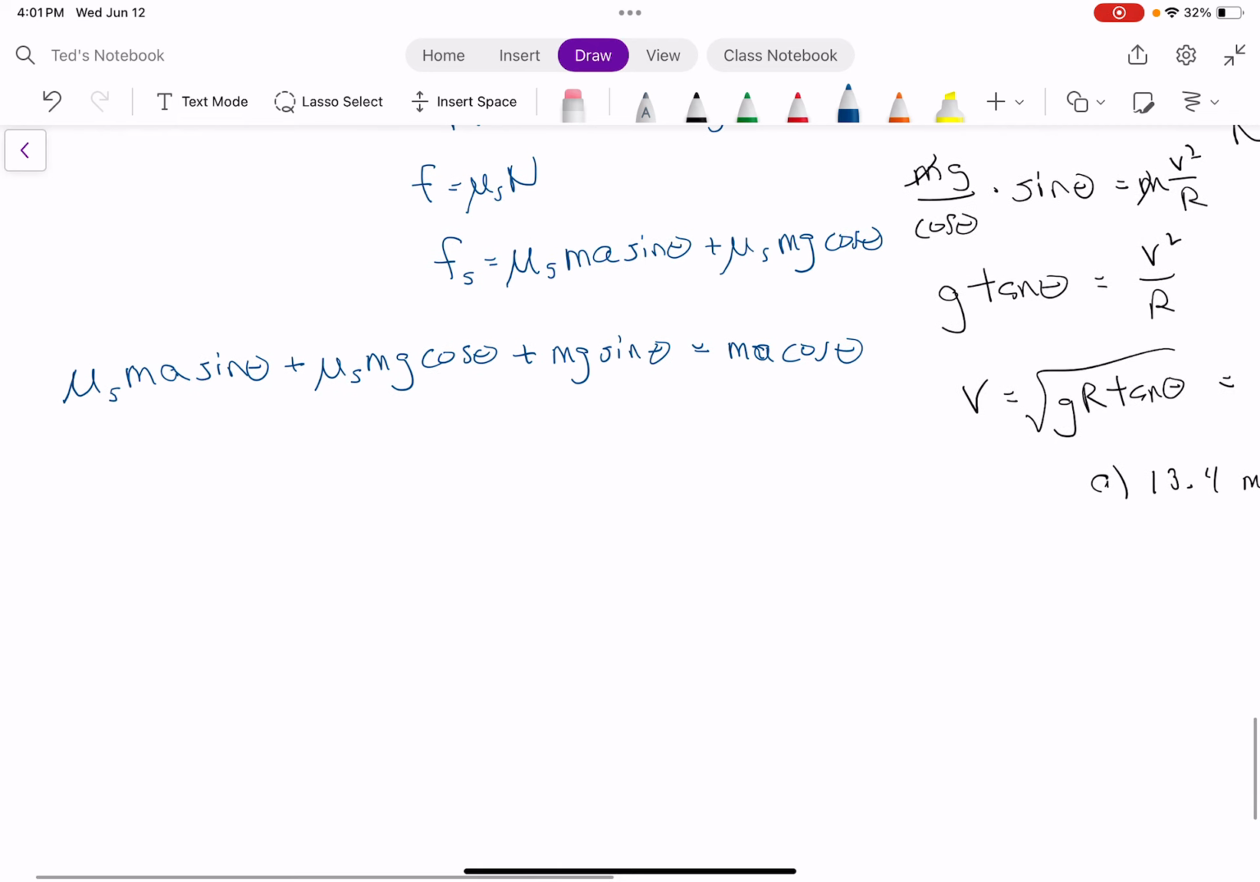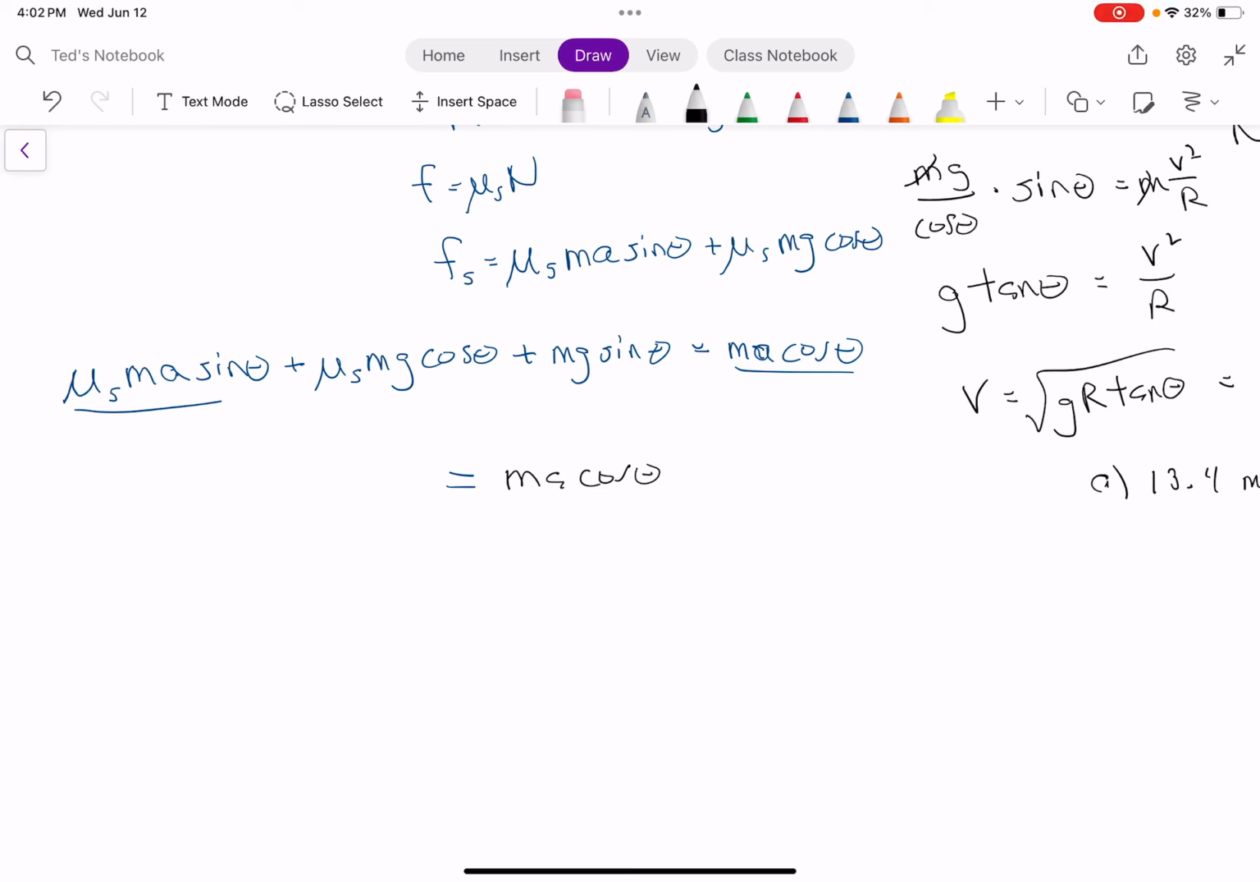All right. Ultimately, we're going to be trying to solve for velocity, but to do that, we need to solve for the acceleration. So what I want to do is get everything with acceleration on one side of the equation and everything that doesn't have acceleration on the other side of the equation. So I see acceleration in this term and this term, so let's get those both on the right-hand side of the equation. So we're going to have ma